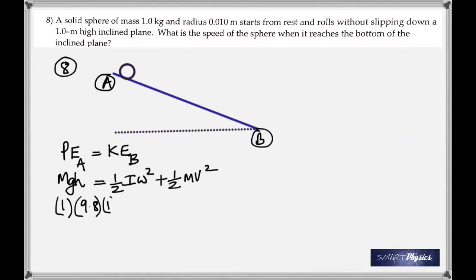A very important concept. We use the conservation of energy here. Let's calculate I first, and I for a solid sphere is 2 by 5 mr squared. That is the rotational inertia,